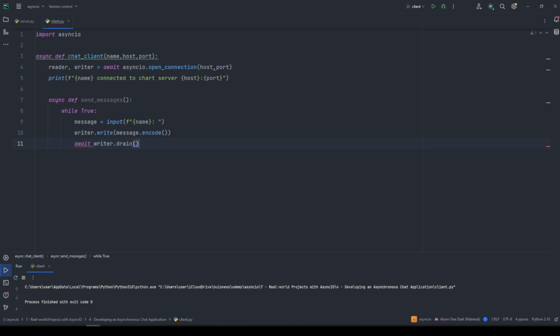So writer.drain. That's all. Now we want to receive the message. Maybe because the server will return the message like an ACK. So async def receive messages. So again, while true. They can both be on while true because we will run it together because it's asynchronous. So while true, data will be equal to await reader.read first 100 bytes, and if not data, so if the